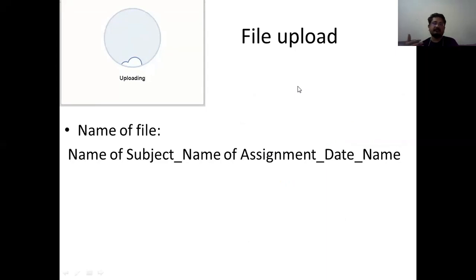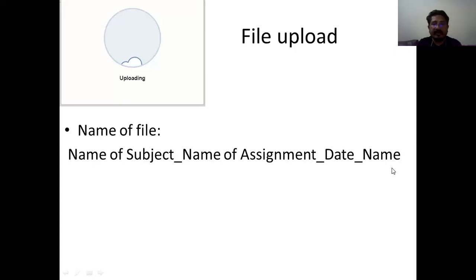Once files come, how will you identify who has submitted his file or not? So make sure you ask your students to rename the file: name of subject, maybe communication skills, then name of assignment, such as third assignment, underscore, date, 22nd July, and then name of the person. This must be mentioned.